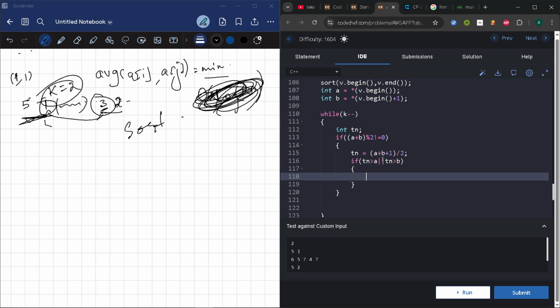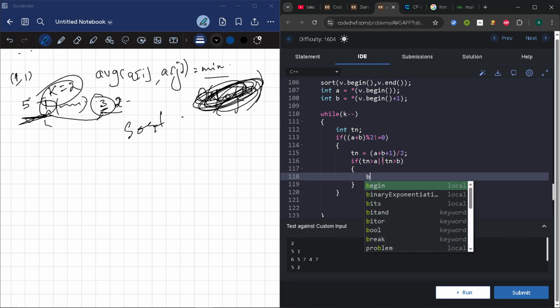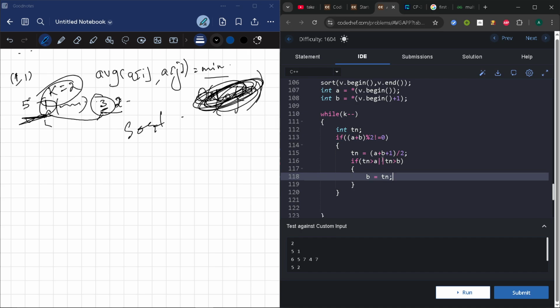And what I'll do is I will assign B as Tn. Okay, and then my A will be 1 itself, but B will be Tn. Tn is nothing but the average. The thing is that if the average is the average of the new number and A,